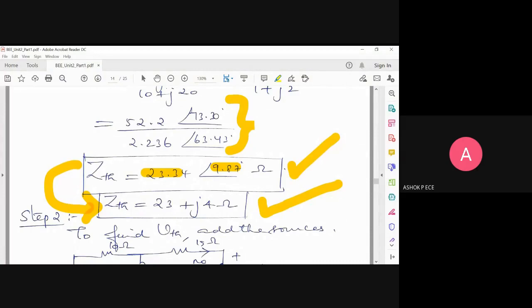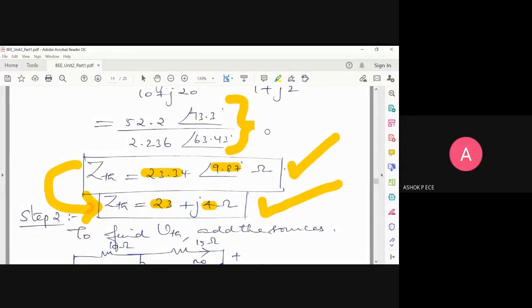Same way, 23.34 cos of 9.87 is real part. 23.34 sin 9.87 is the imaginary part. Okay, sir. Thank you. And if the angle has negative sign, you have to take with that negative sign. So assume you have minus 9.87, 23.34 cos minus 9.87 will be the real part. It will be obviously positive because cos minus theta will be cos theta, right? But when you take sin of minus theta, you will get a minus sign here. So whatever angle is there, you have to take along with the sign. You should not leave the sign.